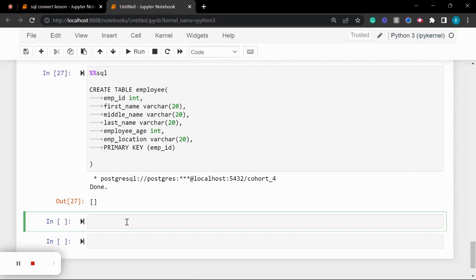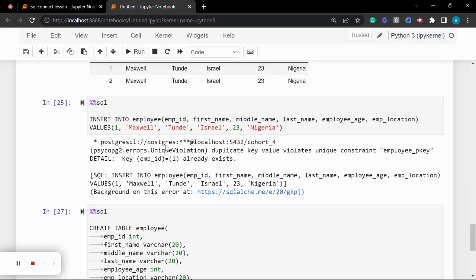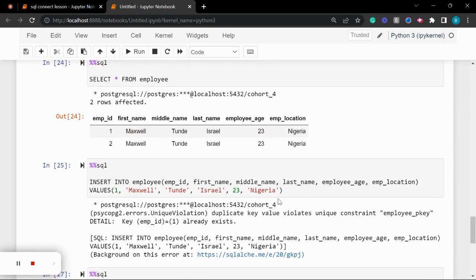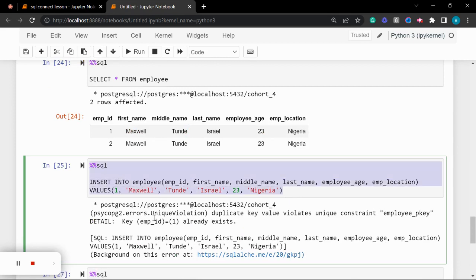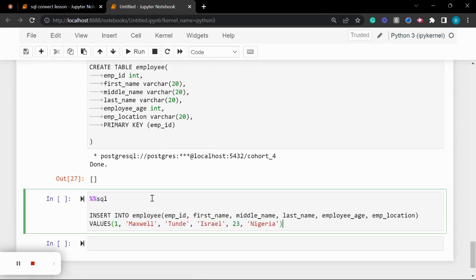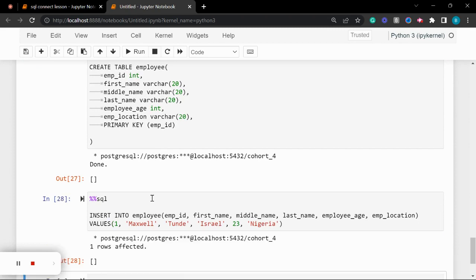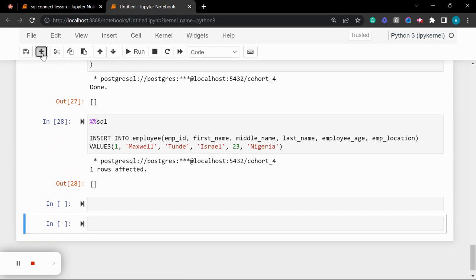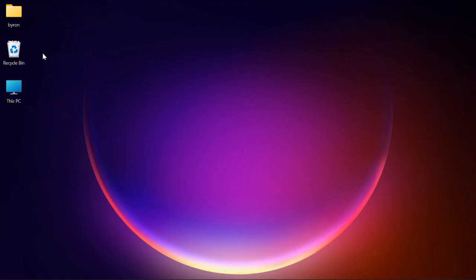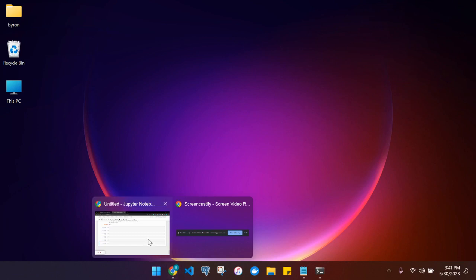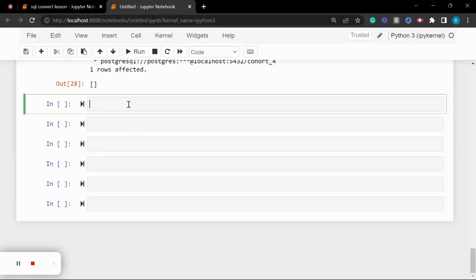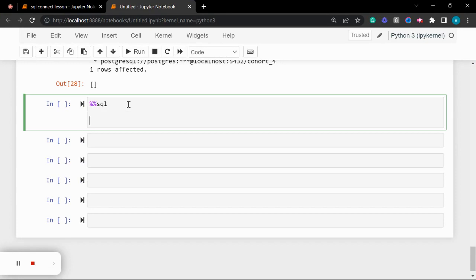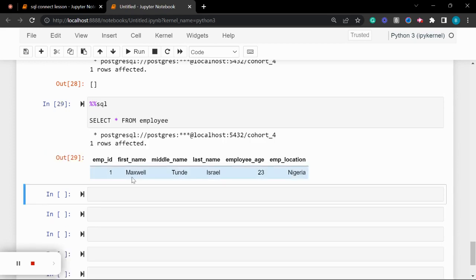Okay. So if I insert another one, let me insert this. Remember, this is a new table, so the record is going to work. And we do this. So we can see that it has gone through. Okay, so if I select this and I do select all from employee, I should have just this